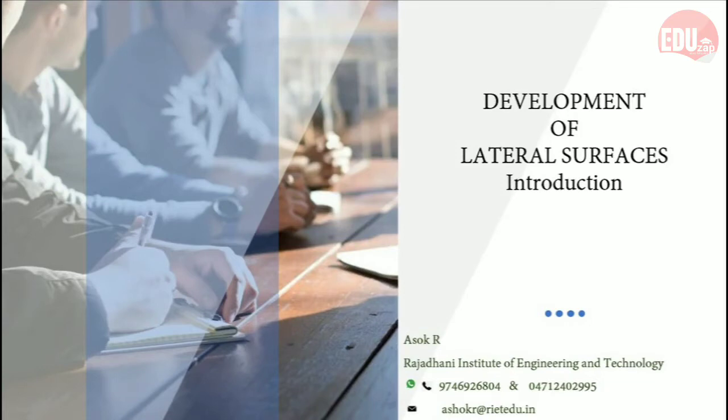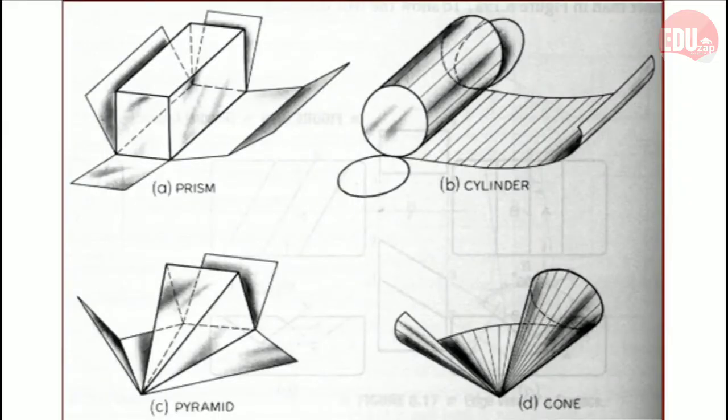Hi, today we'll be discussing development of lateral surfaces, which is in the third module of Kerala Technological University, and it is a common topic in all engineering graphics. Development means a two-dimensional pattern required for constructing a 3D solid. That knowledge will give you the idea of fabrication of that solid. That is very essential for the manufacturing of that product.